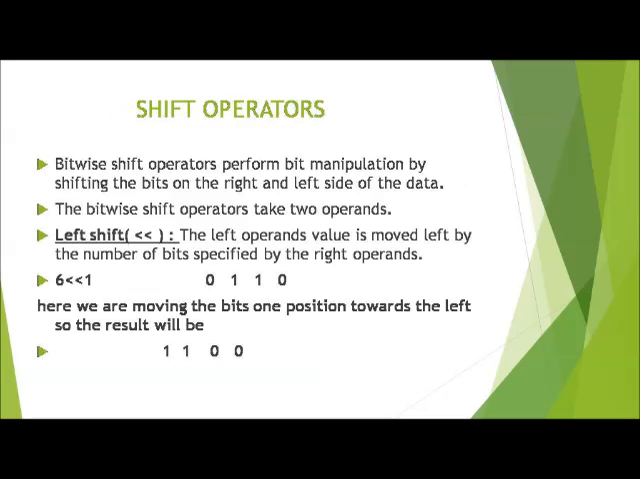The next topic for the discussion is bitwise shift operators. It performs bit manipulation by shifting the bits on the right and left side of the data. The bitwise shift operators take 2 operands. Left shift. The left operand's value is moved left by the number of bits specified by the right operand. 6 left shift 1 is 0110. Here we are moving the bits 1 position towards the left, so the result will be